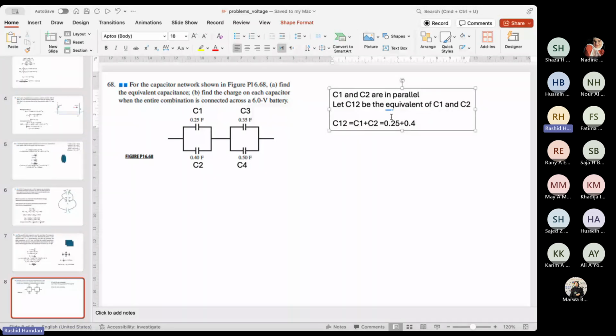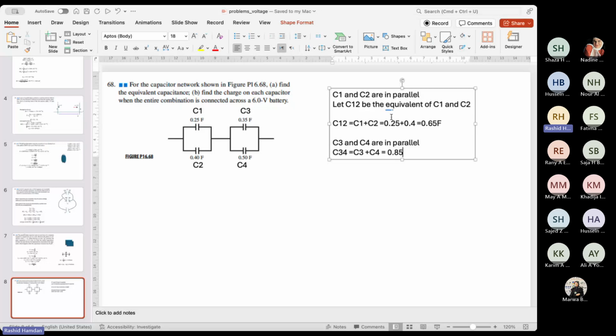So that's equal to 0.65 farad. Now, also C3 and C4 are in parallel. So directly I'll call it C34 equal to C3 plus C4, which is equal to